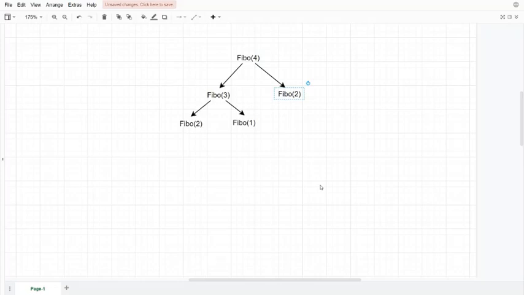So what is dynamic programming? Although it is an advanced programming concept and it reduces the time complexity a lot, its actual meaning is very simple.